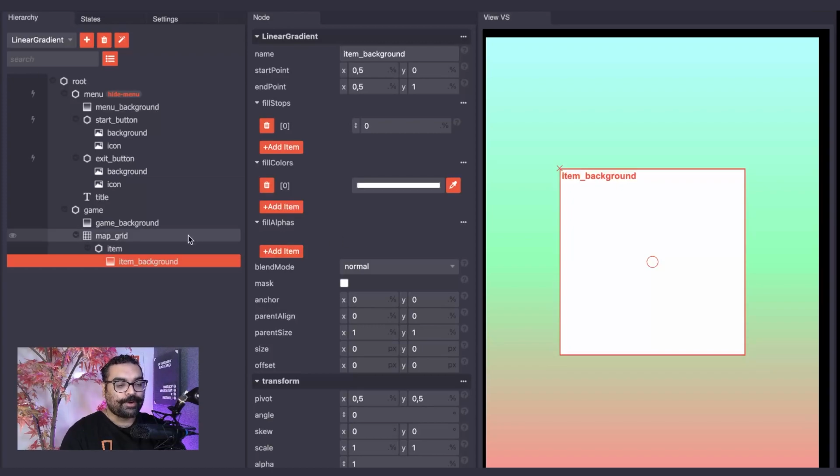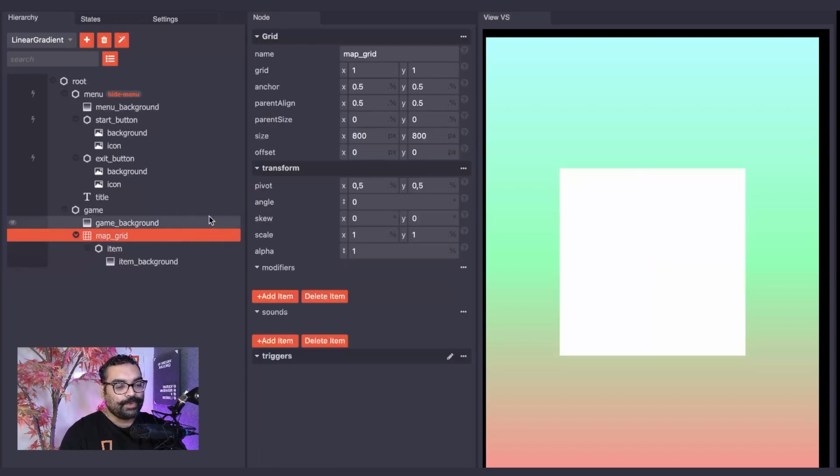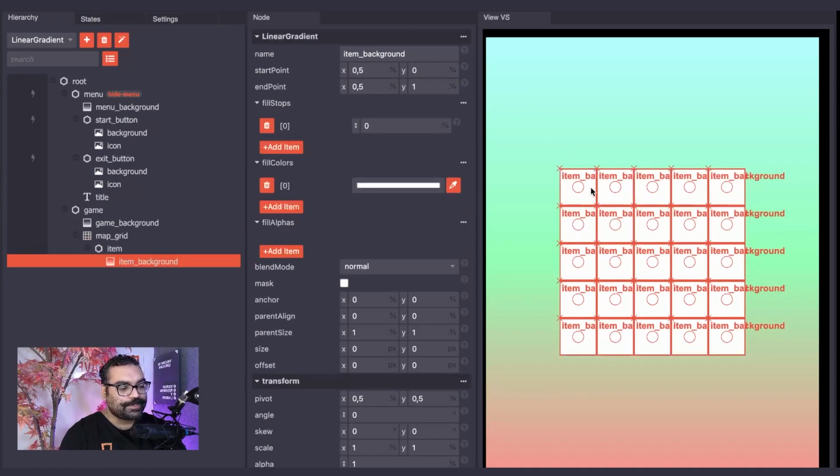Moving back to our map grid node, in the properties we have this grid property. It is currently set to 1 by 1. We can use this to increase the number of rows and columns we have in our grid. Let's set this to a 5 by 5 grid. And by clicking on the grid in the view panel, we can see we now have a grid of 5